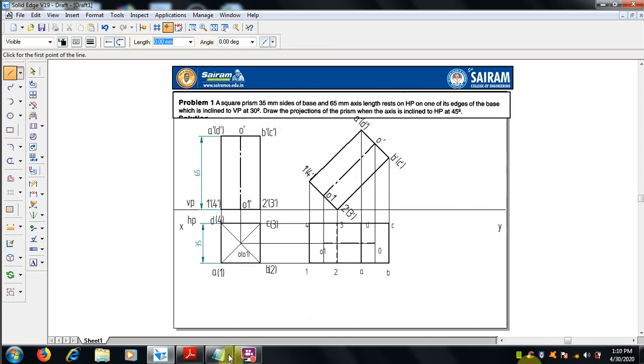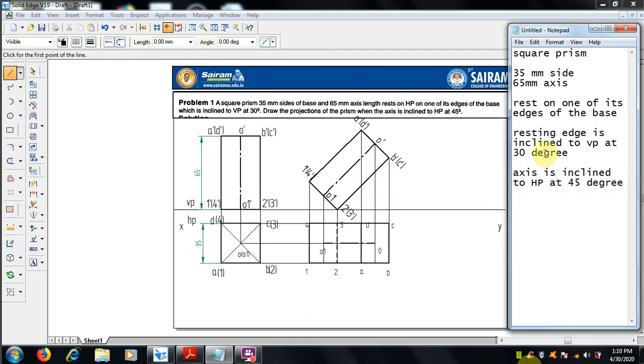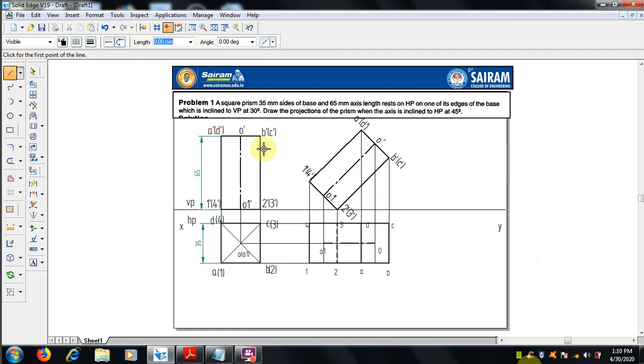Now we have to go for the next third position, where the resting edge is inclined to VP. When the resting edge is inclined to VP, we can directly take the resting edge, which is now 2 3. It is resting at the bottom edge, 2 3 is resting.